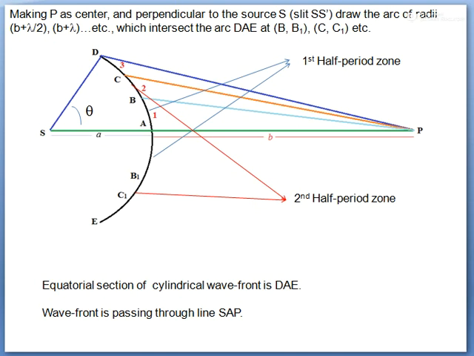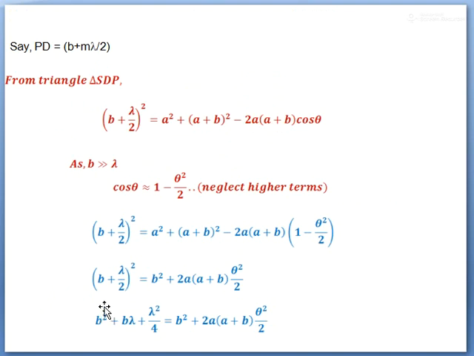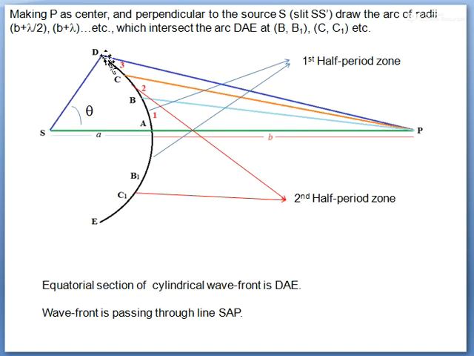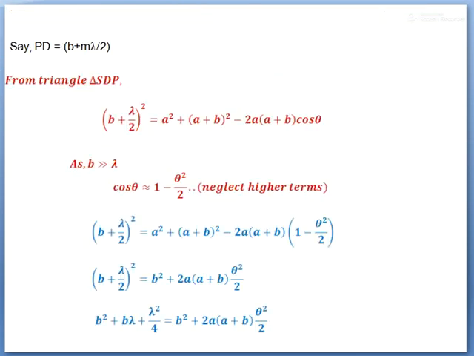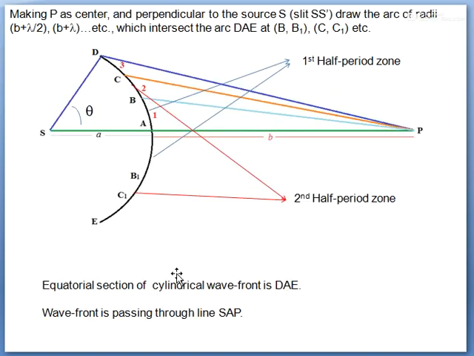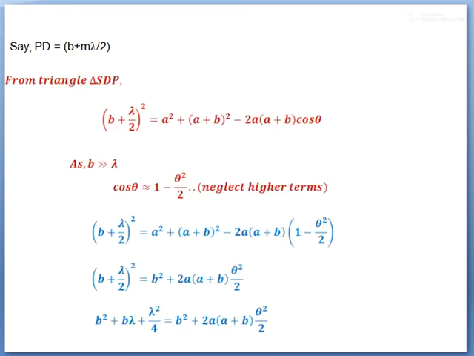এখন ধরে নাও this PD that will be equal to B plus m lambda by 2. So this PD will be B plus m lambda by 2. Okay, তাহলে from triangle SDP, এই ট্রায়াঙ্গেলটা থেকে আমি বলতে পারি কি না B plus lambda by 2 whole square